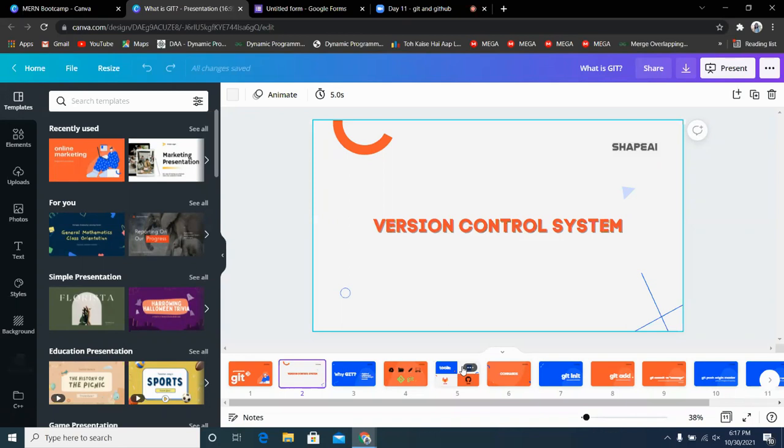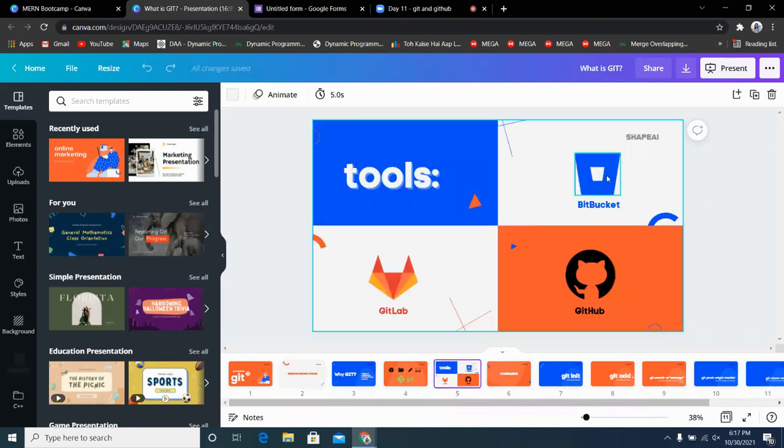So what did GitHub, GitLab, and Bitbucket do? It basically provided a pretty graphical user interface, so as to let you collaboratively work using Git. This is nothing but a graphical user interface. It's a platform provided by